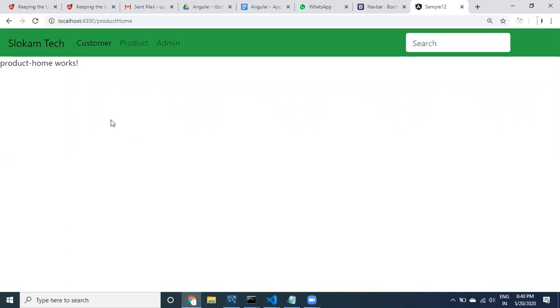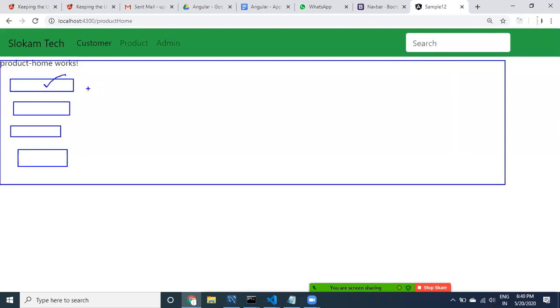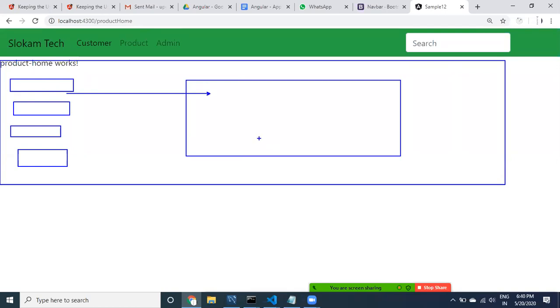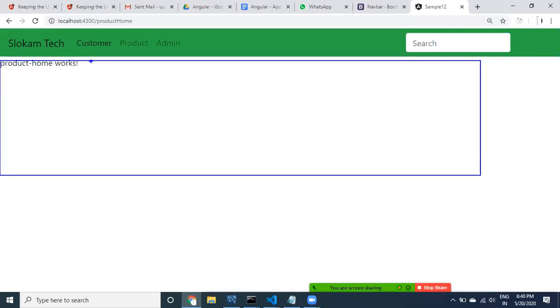But I don't want to display it like this. Inside the product home, I want to display some menu items. I have to provide a sub menu. If the user clicks on any item, then the selected item should be displayed separately. So I'm going to take this product home and divide this product home component into two parts.